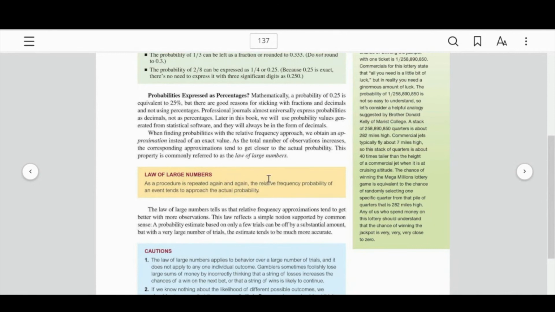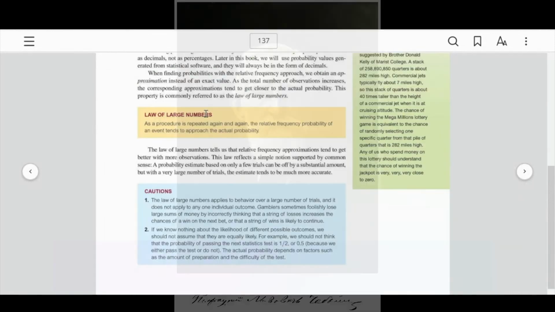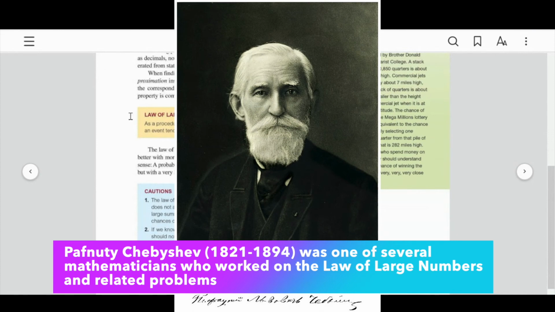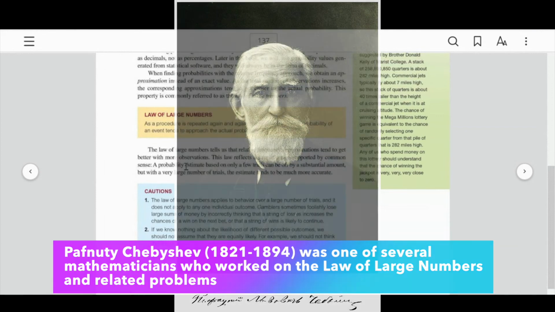The trouble is, if you're doing a relative frequency, you don't actually know the true probability. You know you're getting closer to it, but you don't know what it is because you haven't done it an infinite number of times. You've only done it, what did I say, 1,000 times. But this is a very, very important thing. Chebyshev, right? Remember Chebyshev from yesterday, and we don't have to study his stuff, but there's a related law of large numbers which can be proven using his theorem, and that is another reason that it's important.